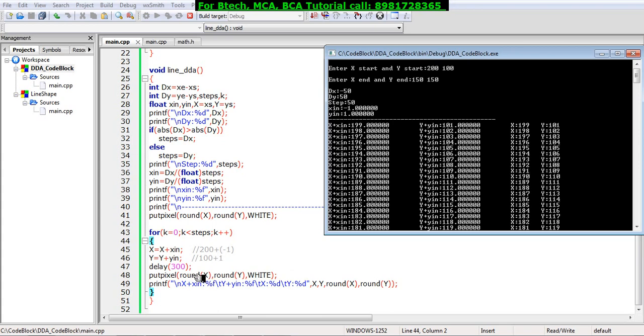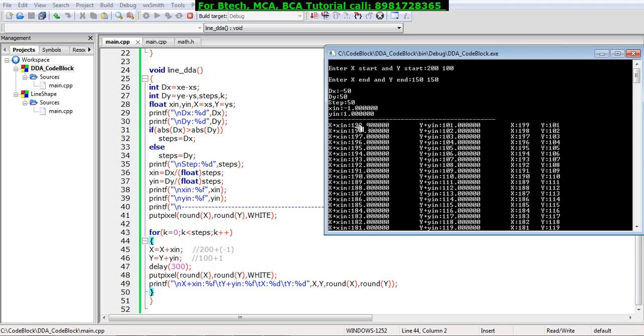This is one of the functions which I have designed. It's a macro level function. Let's see this particular printf statement to understand. So this is the x plus x increment. This is what I have done to make you understand, and the raw value of x I am putting over here. So this is the x that is there, and with the floating point number you can get it.